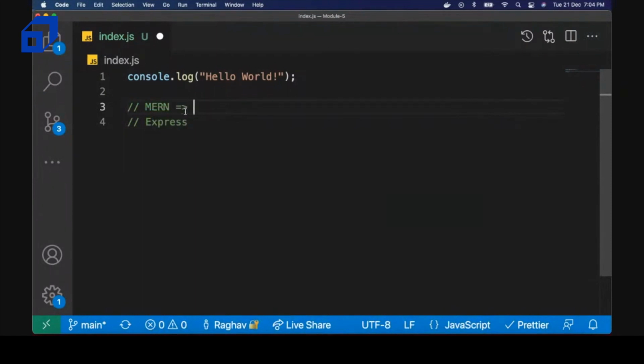MERN means MongoDB, Express.js, React.js and Node.js. Neglecting React.js, we would be focusing on these three technologies: Node.js, Express.js, as well as MongoDB. The main JavaScript file that is being written would be compiled within the Node.js environment,